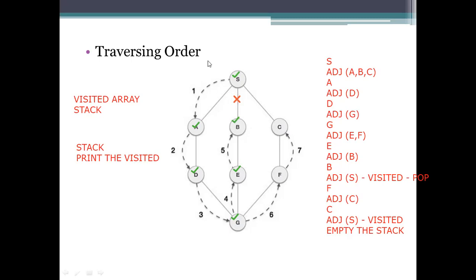So we need to backtrack to that presentation. Are any other nodes there or not? There is no other node. So we need to get back to where we have started. Now the node we are having here is G. Is G having any node left unvisited? Yes, it is F. So visit F.